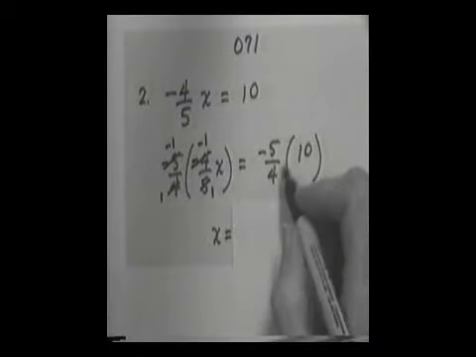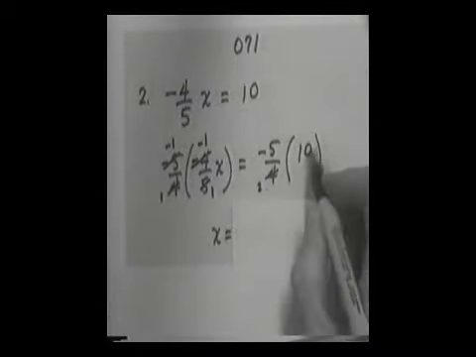On the right-hand side, we can do some canceling. We can divide 2 into 4 to get 2, 2 into 10 to get 5, and that gives us negative 25 over 2 as our possible solution. To check it,